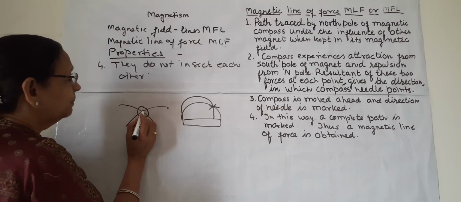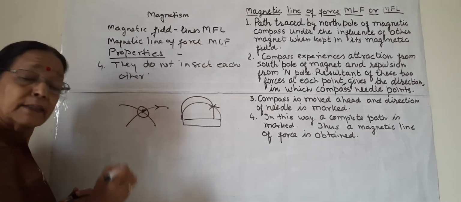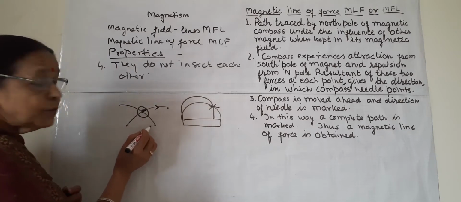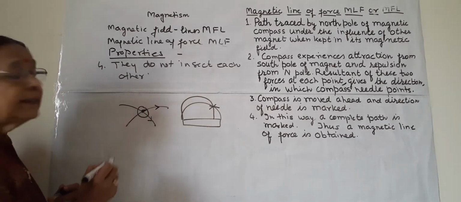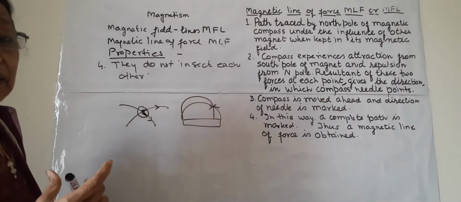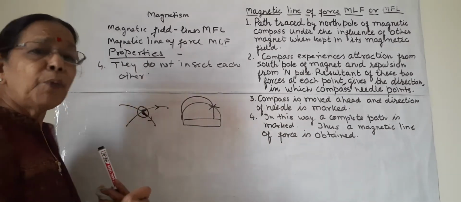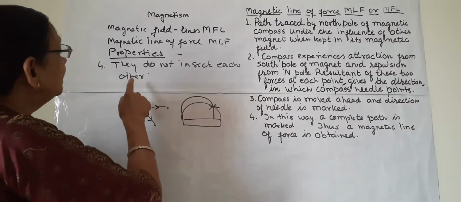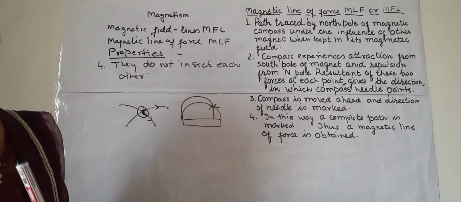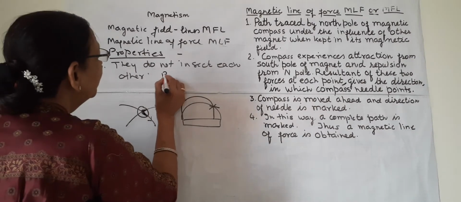This is the compass, and the needle should show in this direction towards this magnetic line, and at the same point this line is also there, so it should show in this direction along this line. But one compass needle cannot show two directions at a single point. It means this proves that two magnetic lines cannot intersect, because at the point of intersection,